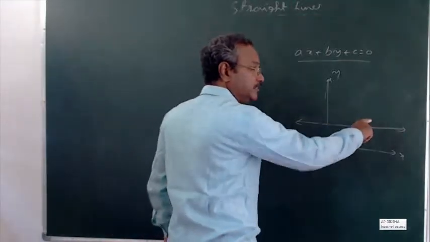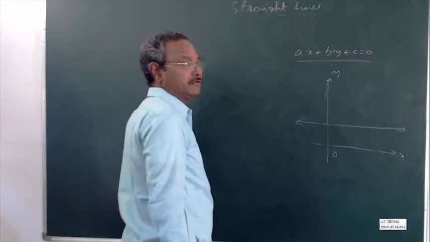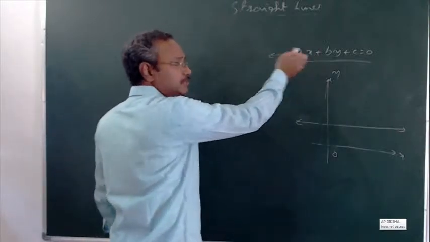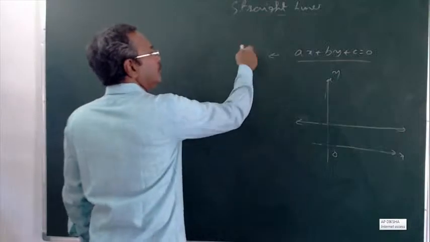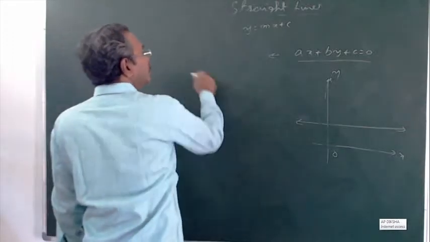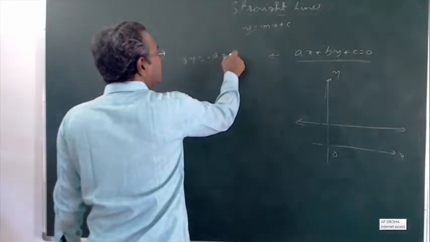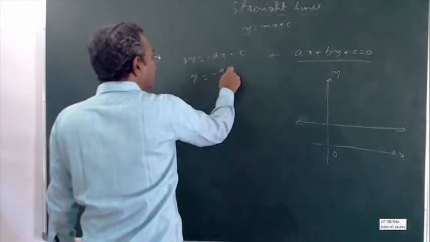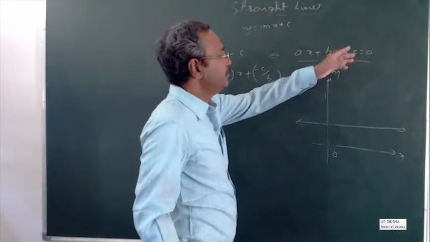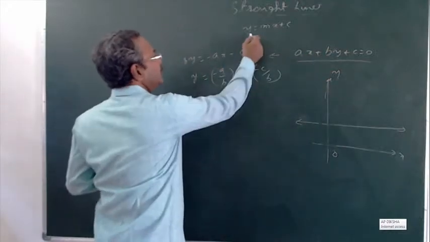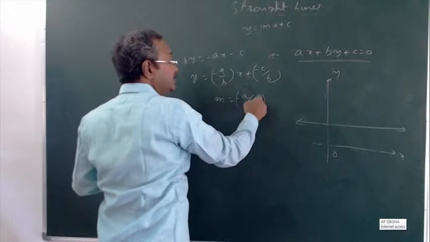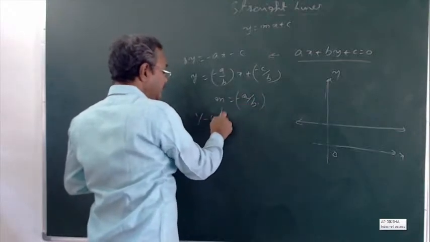Right. So this structure can be reduced to y is equal to constant. How can you arrive at this? The simple logic shows that. Look at this equation, ax plus by plus c equal to 0. Let's convert this equation to the slope-intercept form, y is equal to mx plus c. So by is equal to minus ax minus c, or y is equal to minus a by b into x plus minus c by b. If you compare this with y is equal to mx plus c, then m is equal to minus a by b. This is the slope of this straight line, and the y-intercept is